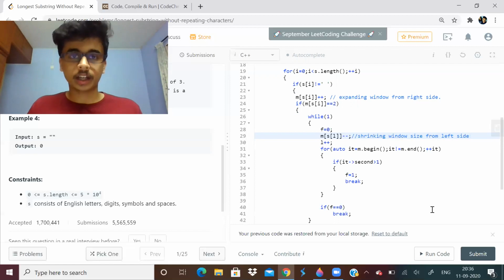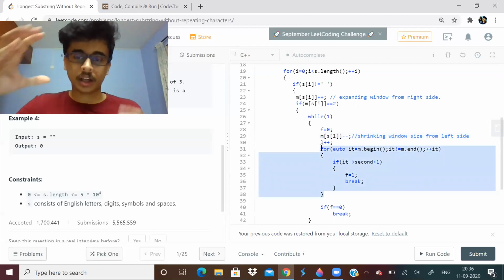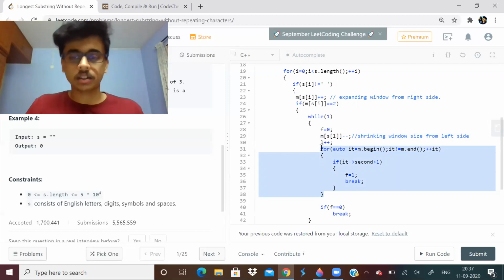How to find all characters have frequency 1? Map is over here. Actually, I made it more elaborative. You don't have to actually use all this in one if condition also it will be done. I think you will be able to do that. But just for people who can't understand, I have made it more elaborate over here, that's all. So over here, I'm just trying to find the frequency.